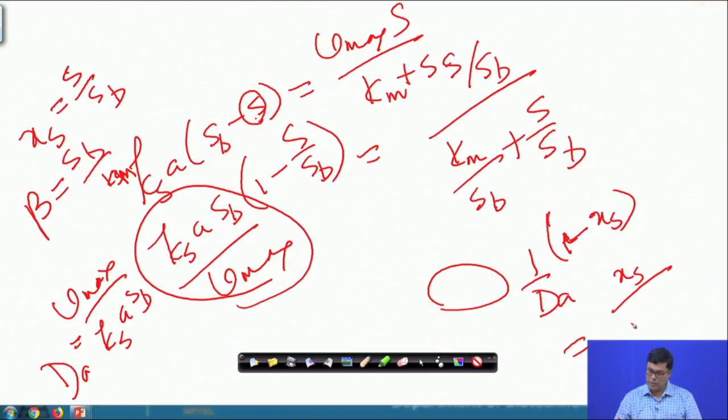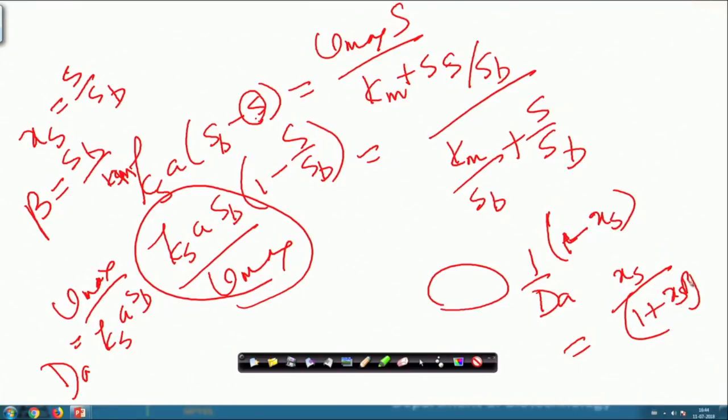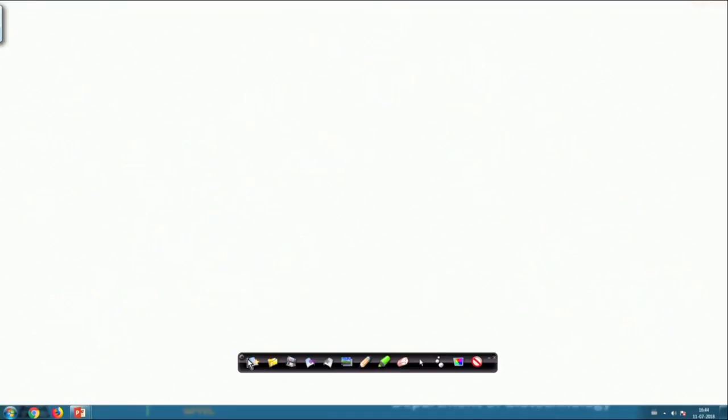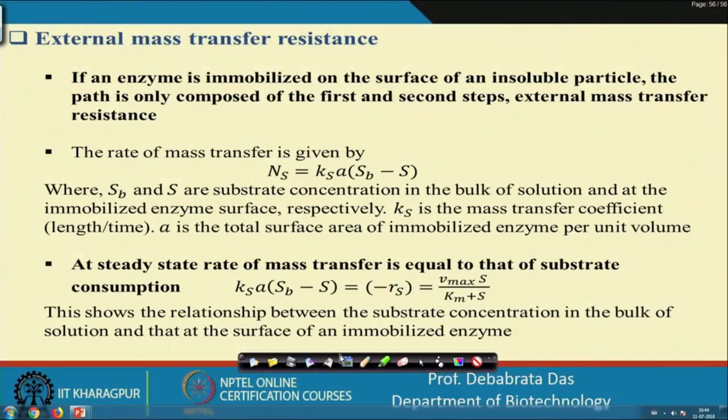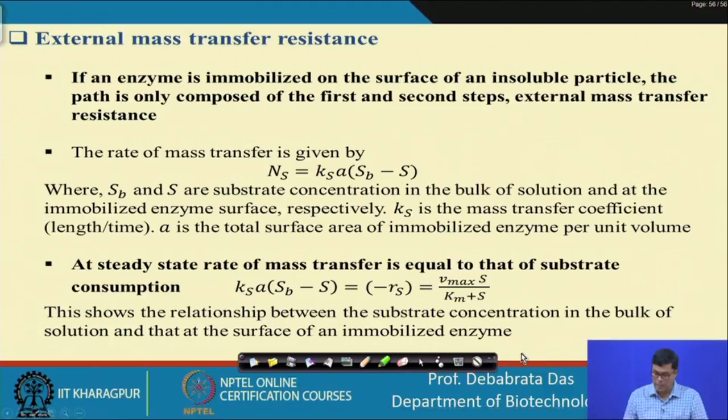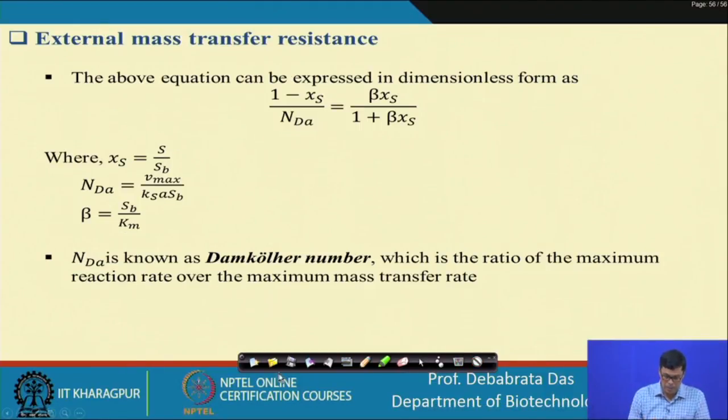Am I right? So I can write 1 plus Xs beta, and this beta will come here. So we can find out, and in the subsequent slides we have derived this equation. This is how we can do that. And Da is known as the Damkohler number, which is the ratio of maximum reaction rate over the maximum mass